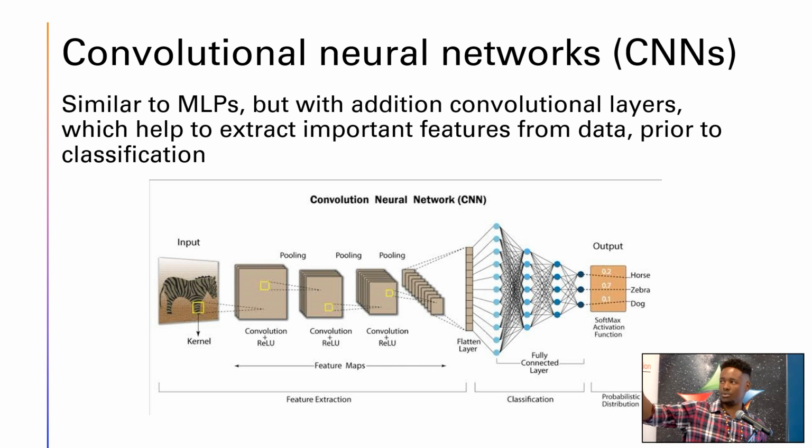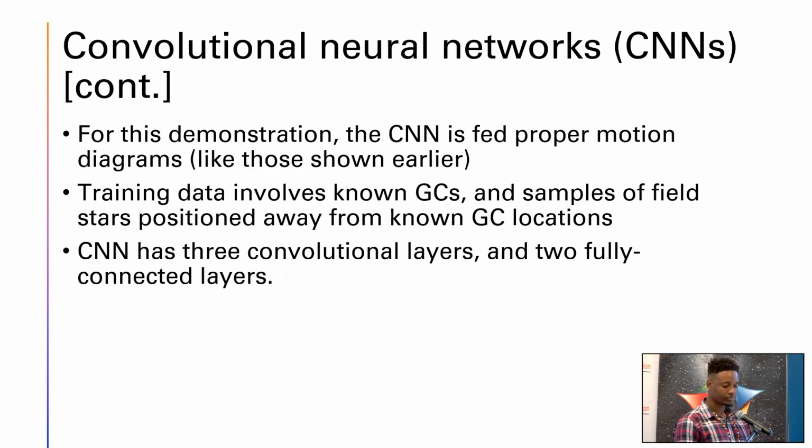For example, you see there, you're characterizing this feature of a leg within this zebra, and then you walk all the way through with that particular feature up until you get to these fully connected layers where the classification happens. So what this does is give us a lot of very intricate features that might otherwise be lost when we come to this particular stage. Okay,